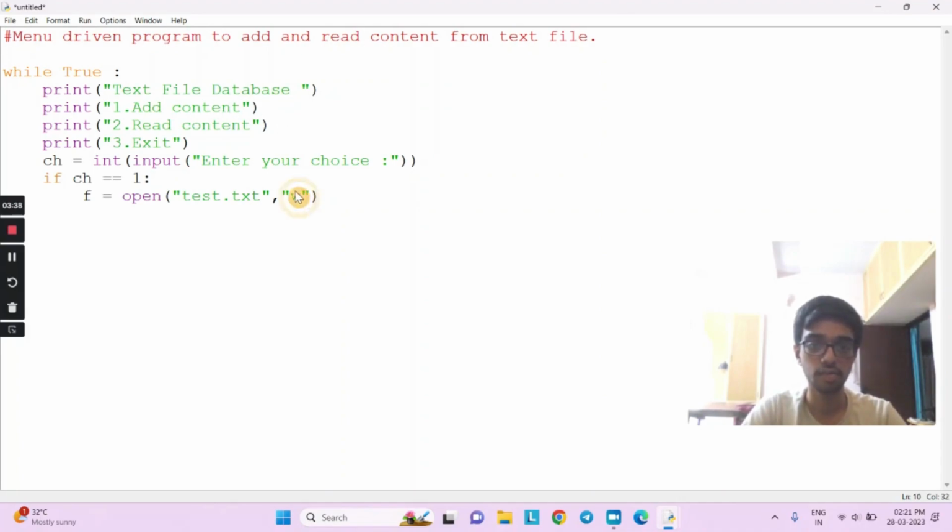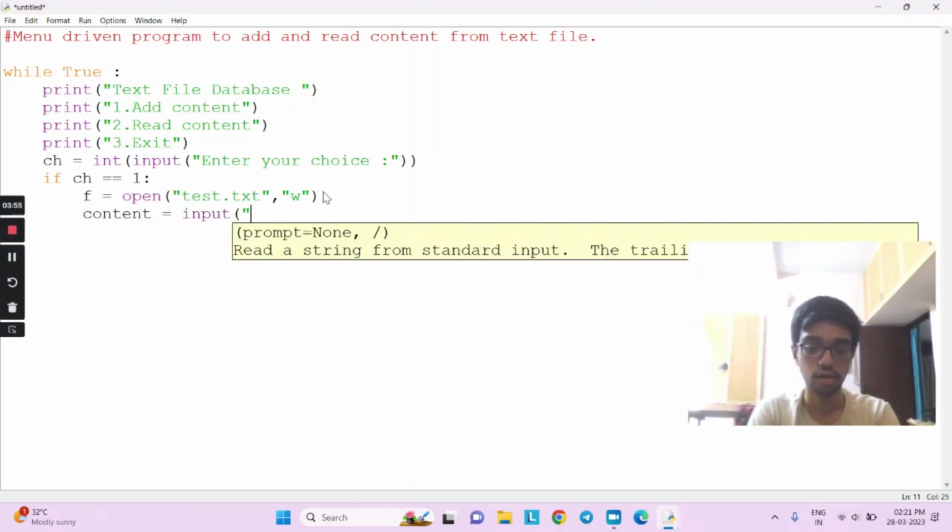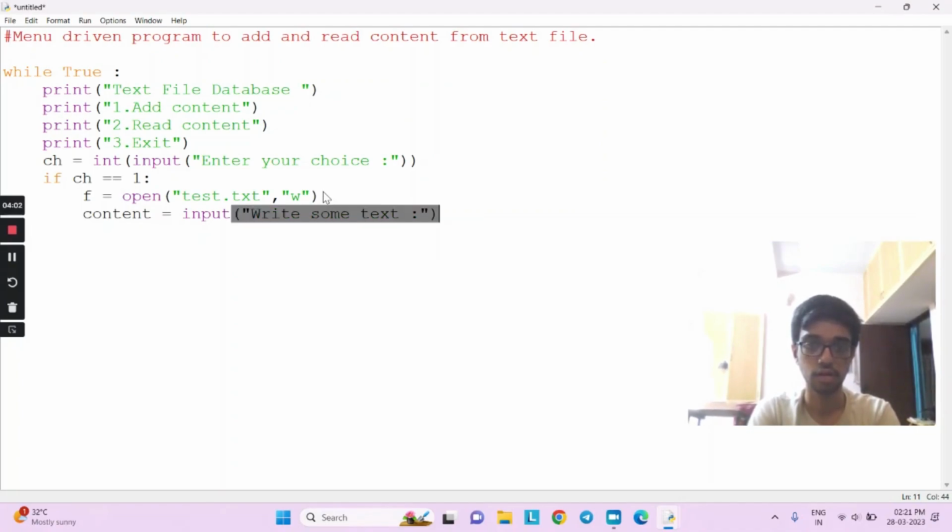So in this case, I have to open it in W, also known as write mode. f is equal to open text.txt, w. Now, I need to ask the user through a variable called content, write some text. After which, it will write that into the text file. And then have to close it.